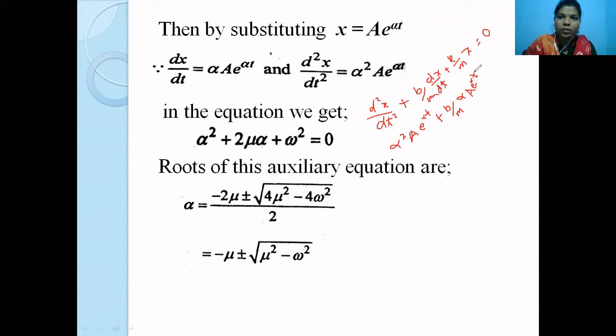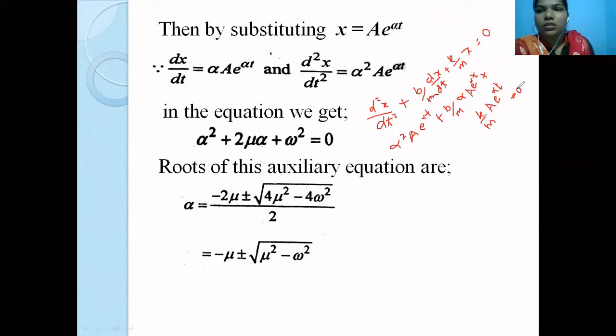And for x, I'm going to substitute the general solution that we have assumed, but I will write k by m as it is. And in the place of x, all I'm going to write is A e raised to alpha t. And I'm just going to equate the equation to 0 because that is what we have done in the original equation. Okay, so this is the second step that we have.